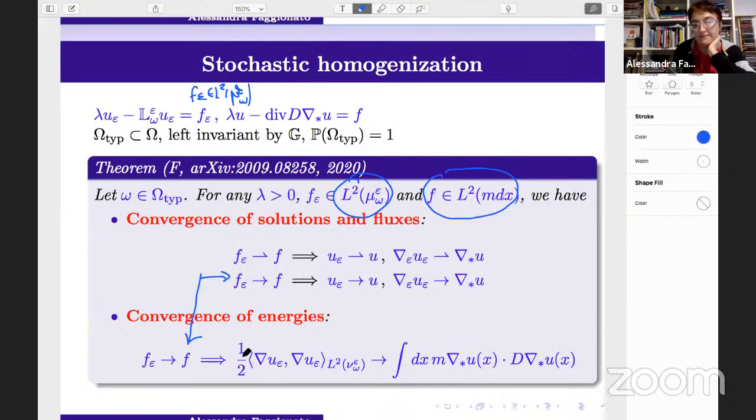This is the Dirichlet form essentially of u epsilon, but we want only to deal with difference calculus. So if I take the norm of the epsilon gradient of u epsilon, squared, then this converges to the integral with respect to the Lebesgue measure of the star gradient, which looks only at the first d star entries of u, times the scalar product with the homogenized matrix D applied to this gradient. So before I introduce